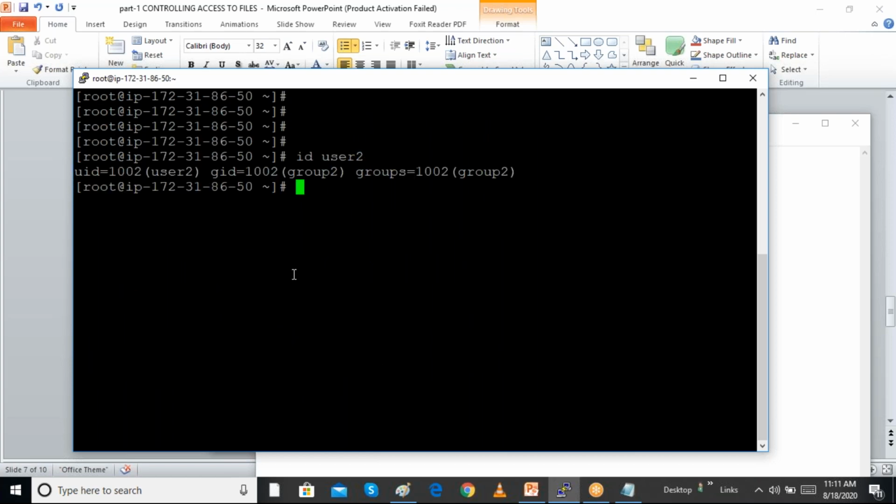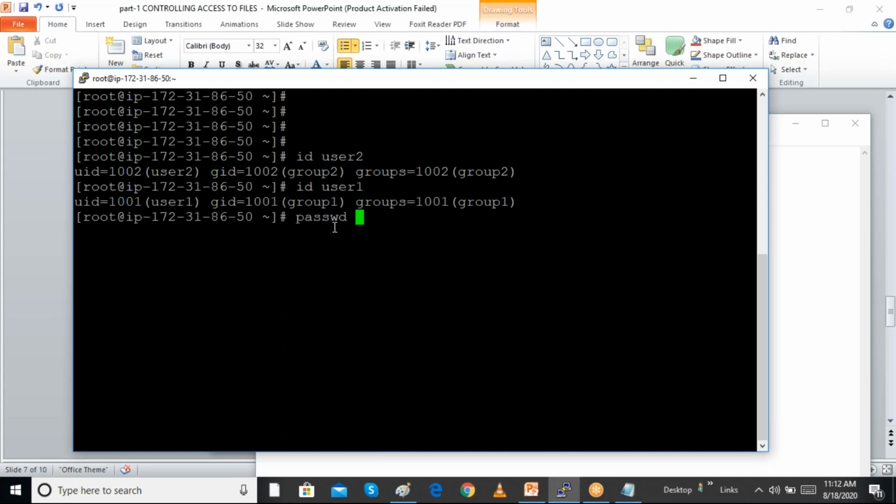You can see this user is a member of group 2, and the id command for user 1 shows the user is a member of group 1.